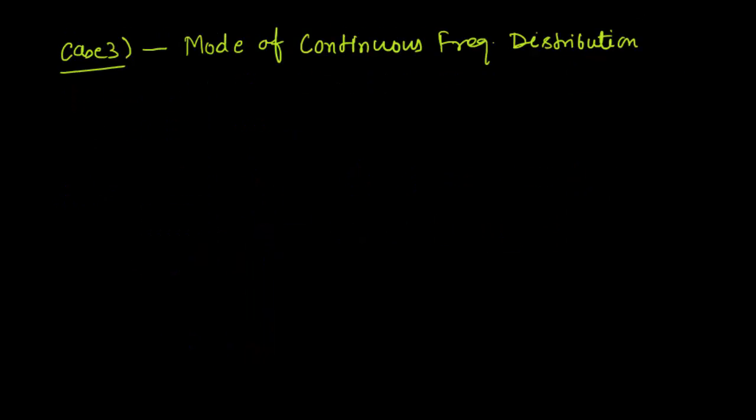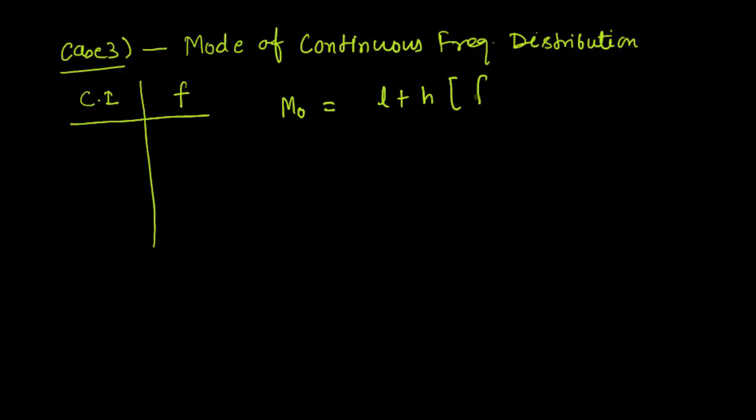Now the last case, mode of continuous frequency distribution. In this case, your data will be given in class intervals, and corresponding frequencies will be given here. So here your mode value is defined as L plus h times (f minus f1) whole divided by (2f minus f1 minus f2), where